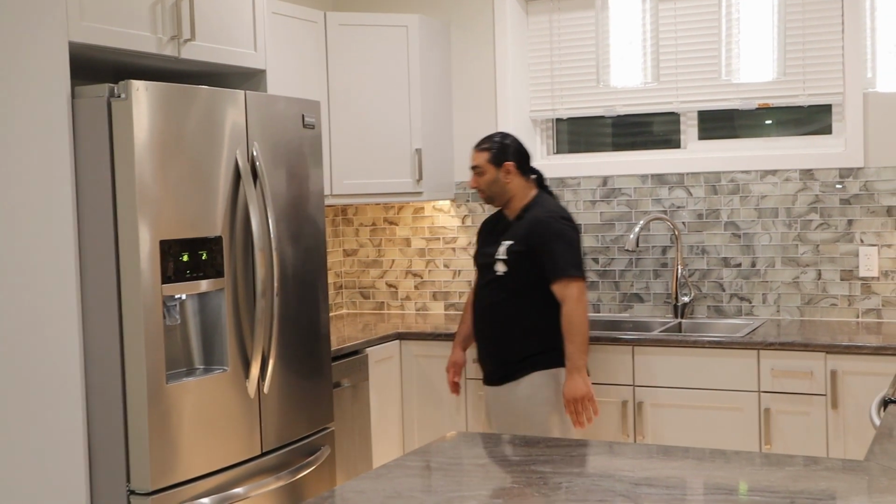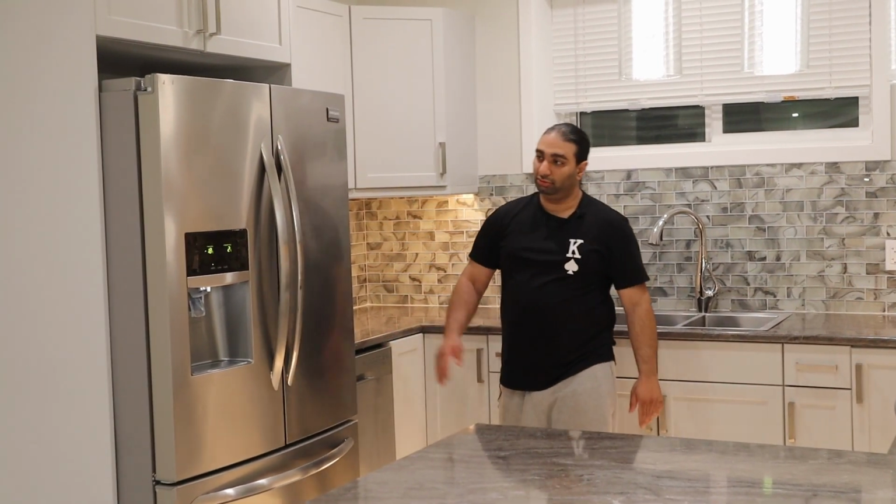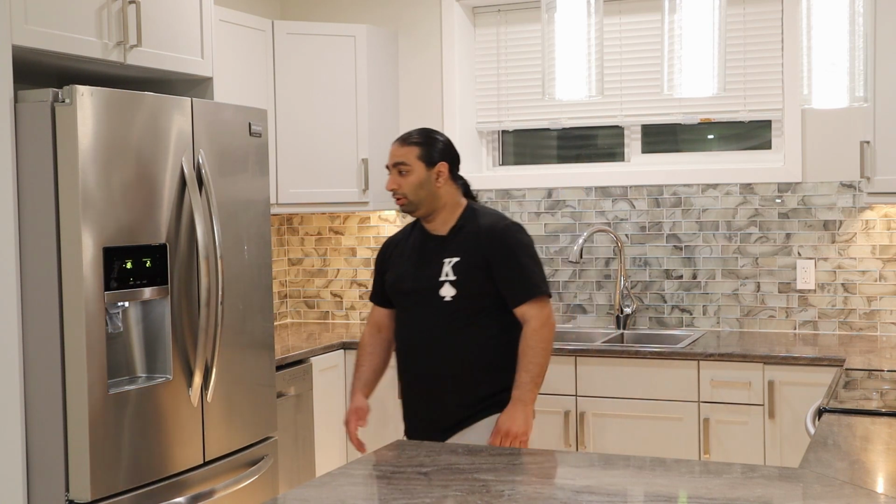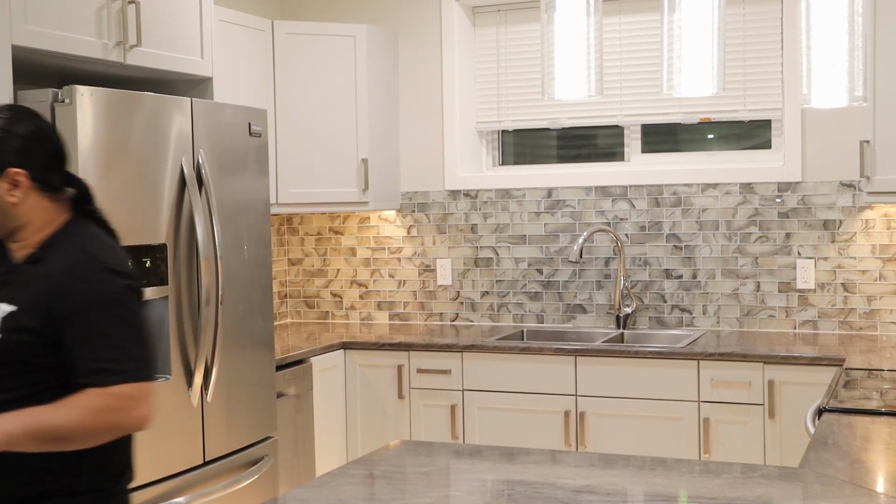Dishwasher, full size, stainless steel. All of the appliances we got a deal because they're all Samsung, so it worked out well. Now, as we move on,